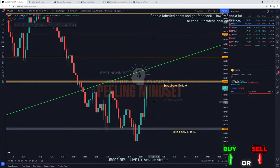So you don't want to over leverage, as Kevin said. A lot of beginner traders want to rush the process, and they want to rush their lot size. They want to rush everything. It's only going to hurt them later, because it's always going to feel like maybe I would just